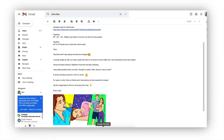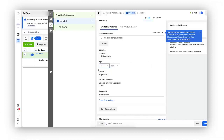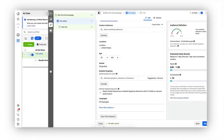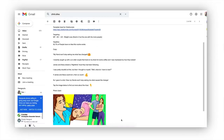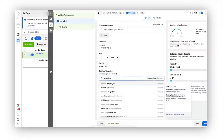Age, if you remember before, we have male, female, 35 plus, all right? So what we'll do over here is age 35 plus, right? And we'll leave it as is to 65 plus. And genders, we'll do all genders. And for detailed targeting, what we'll do for detailed targeting is weight loss. Pretty simple, right? So we'll do weight loss over here. And you'll just see, make sure it says interest, and make sure that you find the one that fits the category of weight loss. So when it comes down to weight loss, you'll see that there's a lot of different